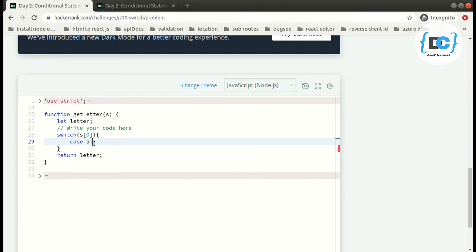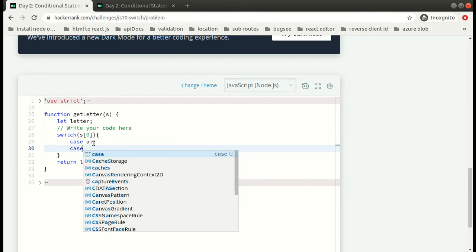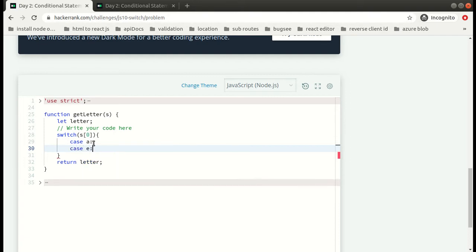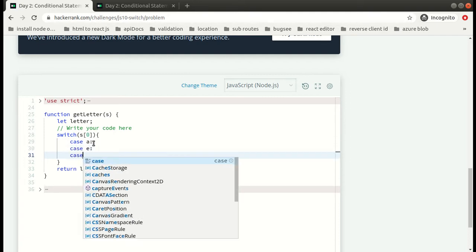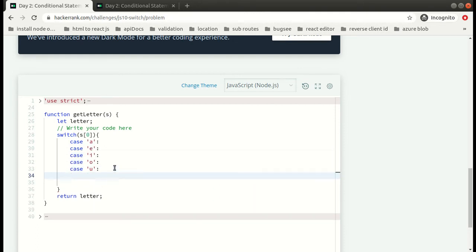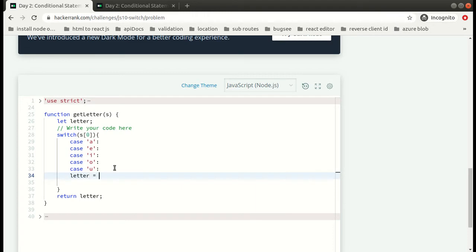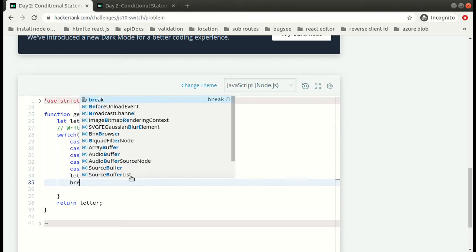The first case is a e i o u. If the expression matches any of these, then we simply make our letter a, and we break.